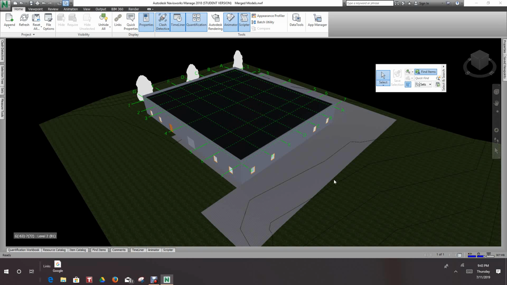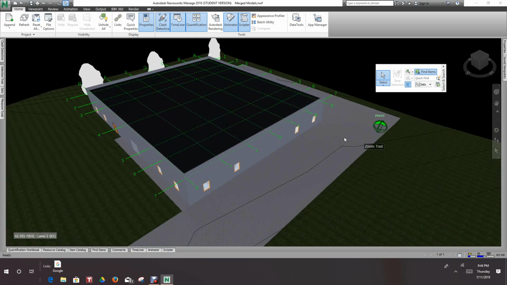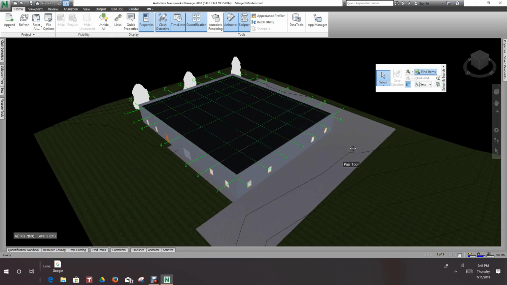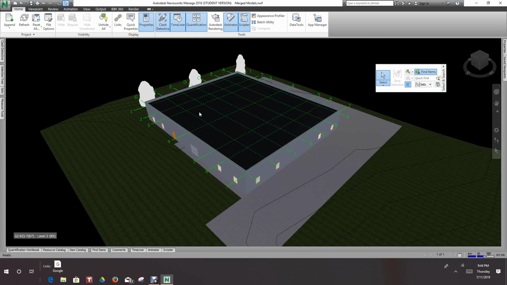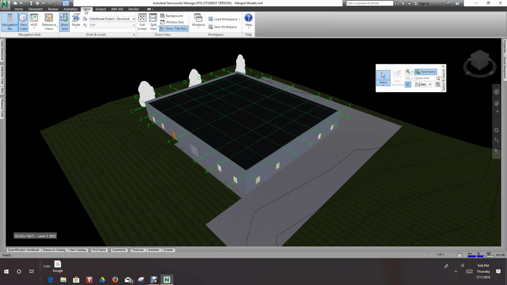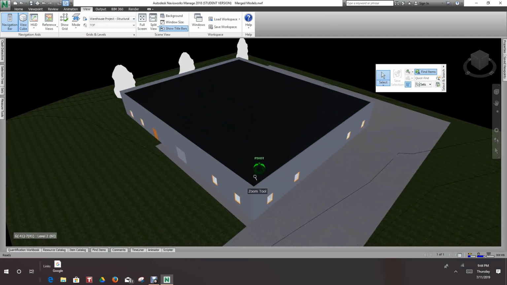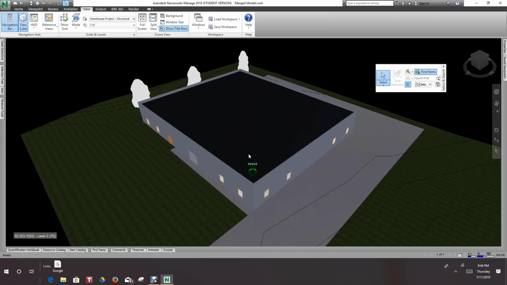Hi folks, we're going to go on to part two, a continuation of our Navisworks training for the model we earlier created. Here again is our model, and we want to get rid of this grid, so we just go into our view tab, tick here, and the grid goes away. So where we left off, we looked at